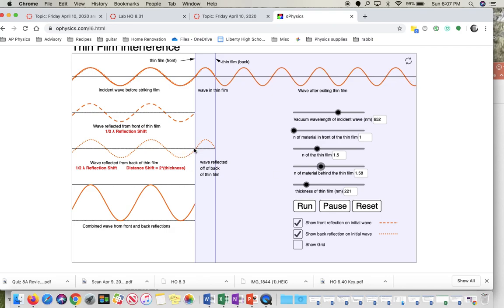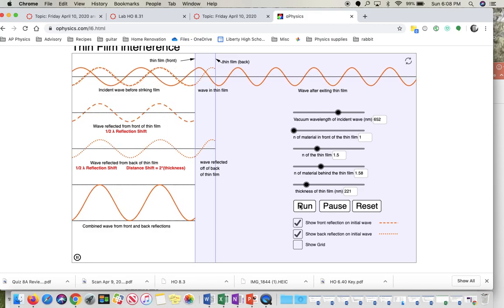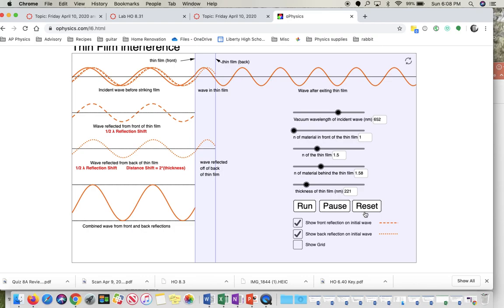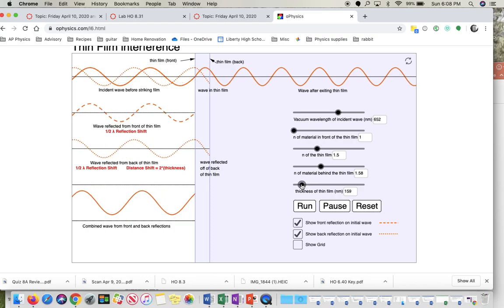So what happens now is that you have a phase shift on both surfaces from both reflections. And since this is a half of a wave, when the reflected wave comes back out, that makes up a total of one wavelength. So you are back into phase with the original incident wave that comes in. Now we can run that, and we can see that the two waves always overlap with each other. Okay? This should make it so that if I go to a fourth of a wave now,